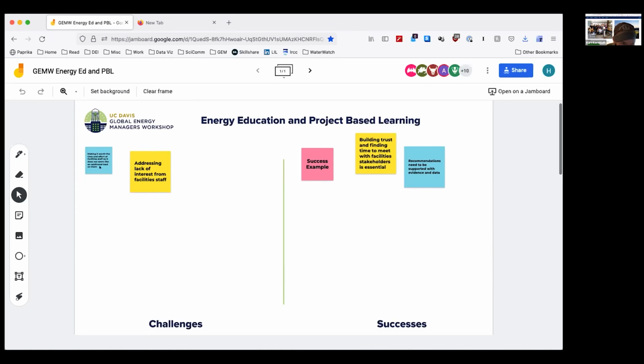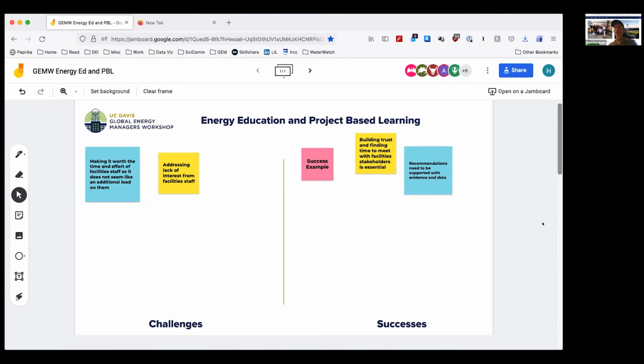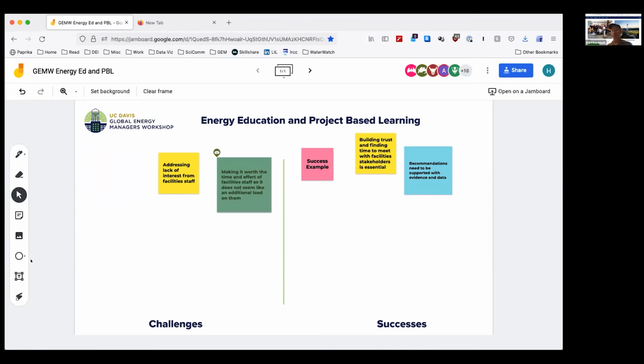Here's another one. I can't quite read it. Yeah, making it easy is really important. It's the same, believe it or not, on the academic side: the teaching side can't be really more work at the end of the day for everybody, especially in relationship to how much gets done. So I think making sure, and